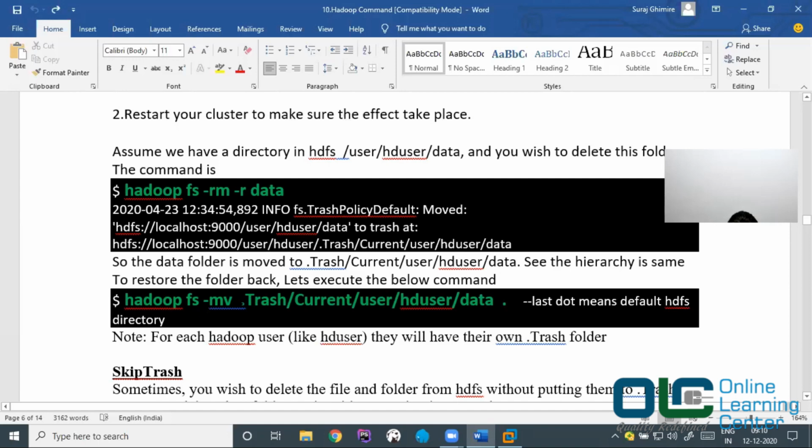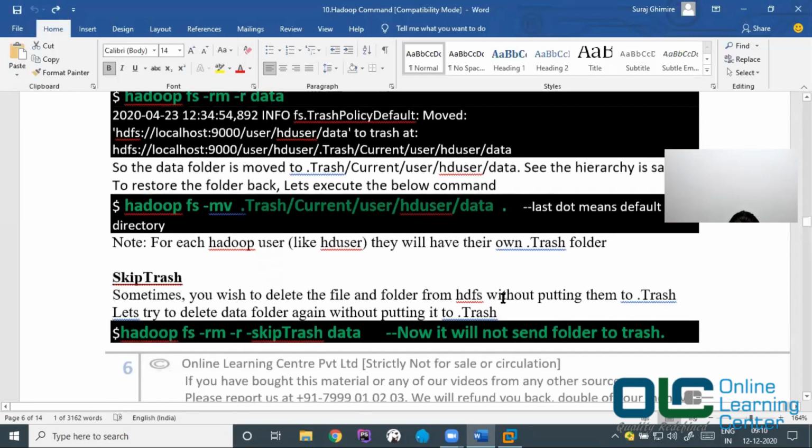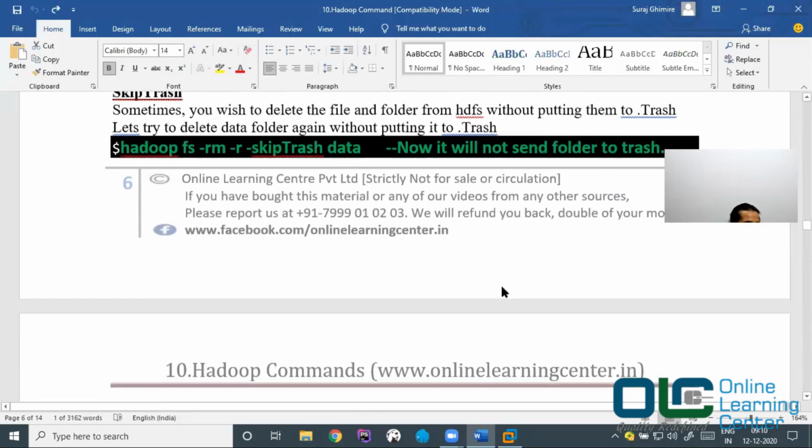So this is basically the folder which is there in your trash, and where do you want to keep it back? Onto your current working directory, right? So this will give you the data back to the place where you had them earlier. Okay, now sometimes